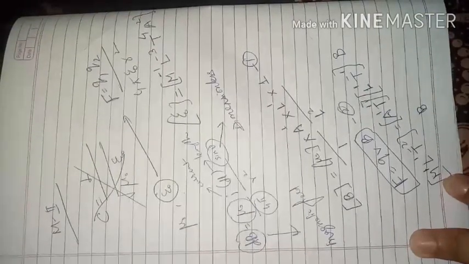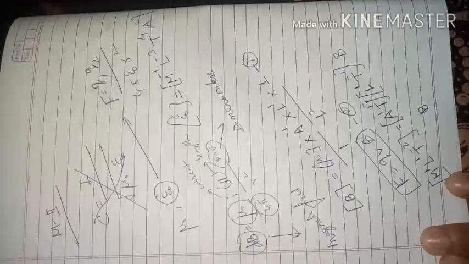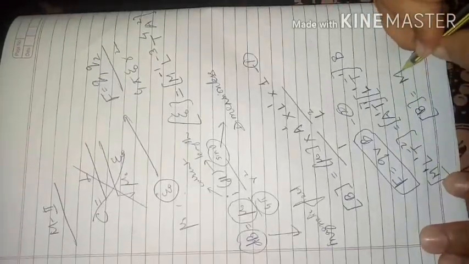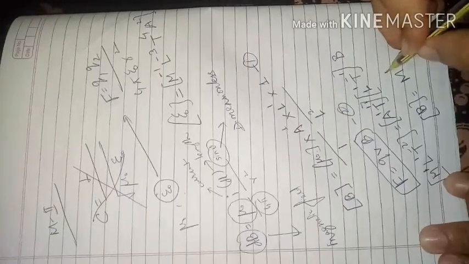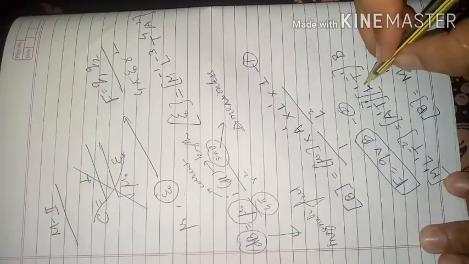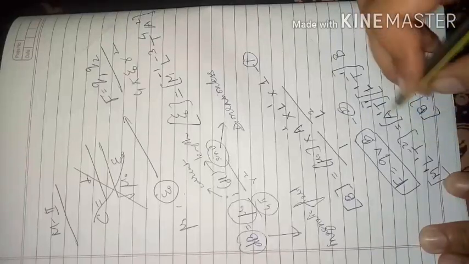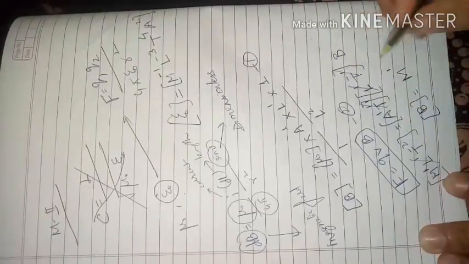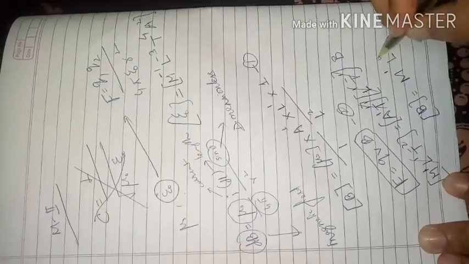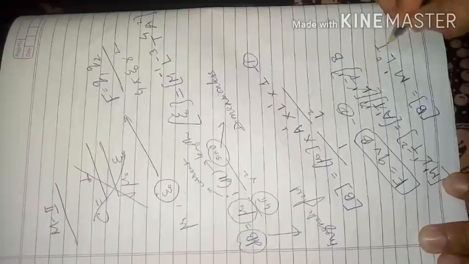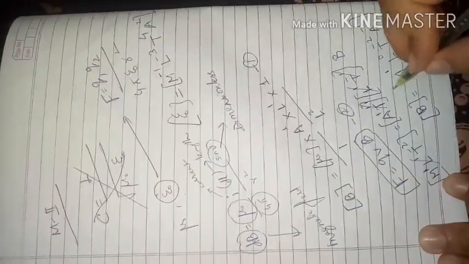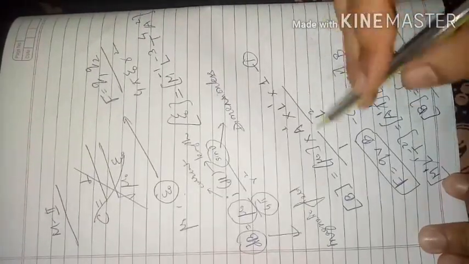B will come out to be m raised to 1, and this L raised to 1 and this L raised to 1 will cancel out, and this T raised to 1 and T raised to minus 1 will also cancel. So this will be m raised to 1, L raised to 0, T raised to minus 2, and A will be taken to that side, A raised to minus 1. So this is your magnetic field. Now put it here, right?